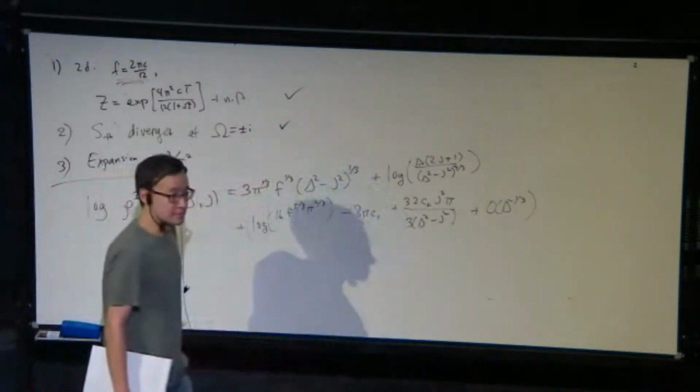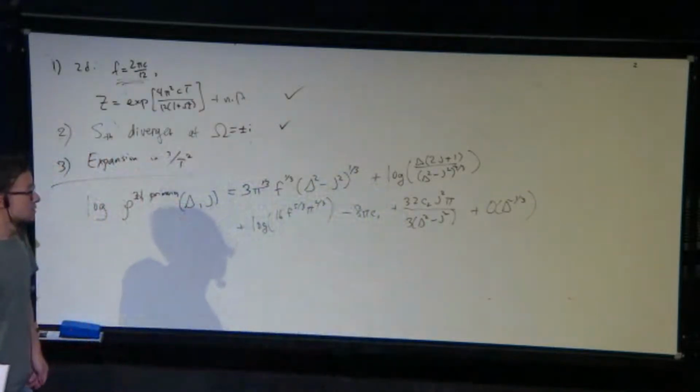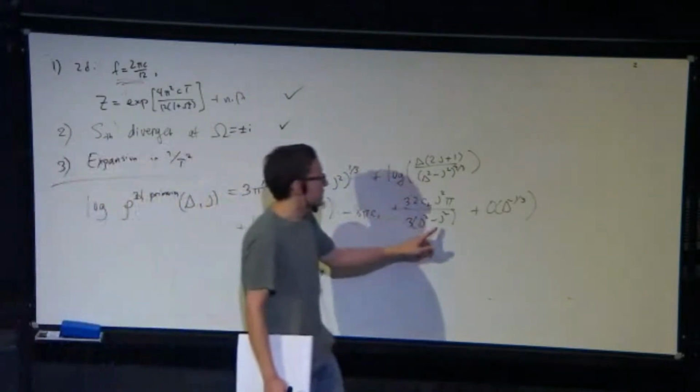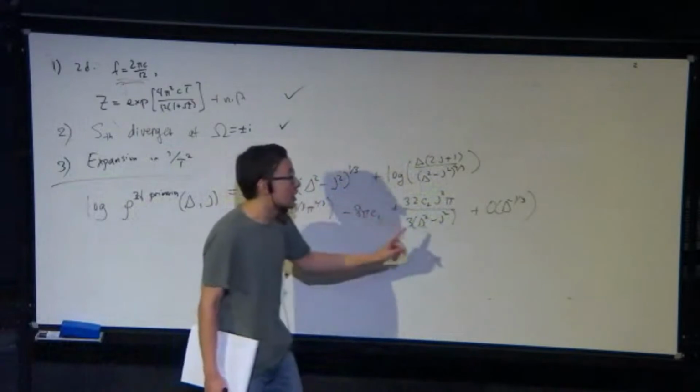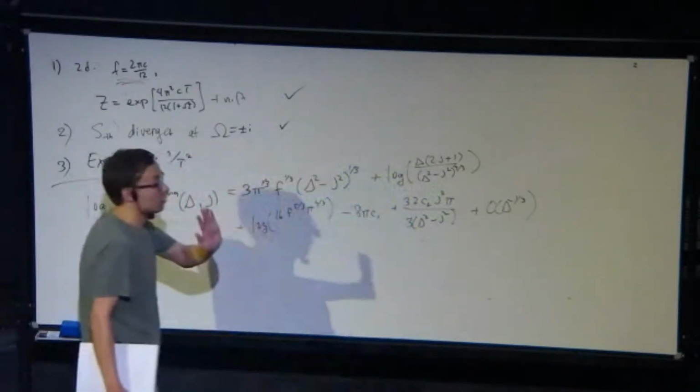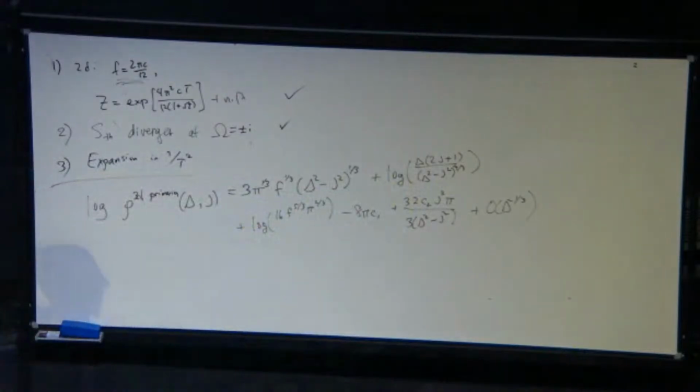The fact there are divergences in higher order terms, does it mean that one should shift delta squared minus J squared in the first term? Very good. We'll see that this formula is just not even trustworthy when J is close to, when J is equal to delta. We'll see how close we can take J to delta. So that'll be precisely my next point.